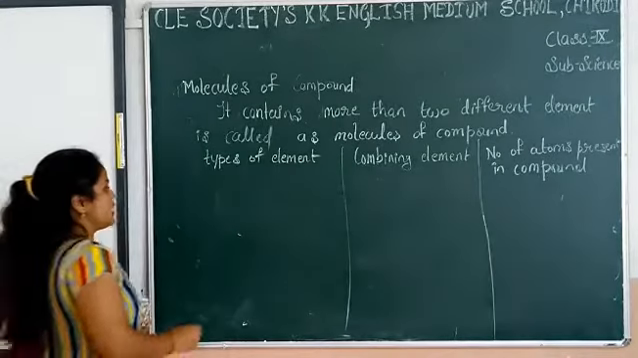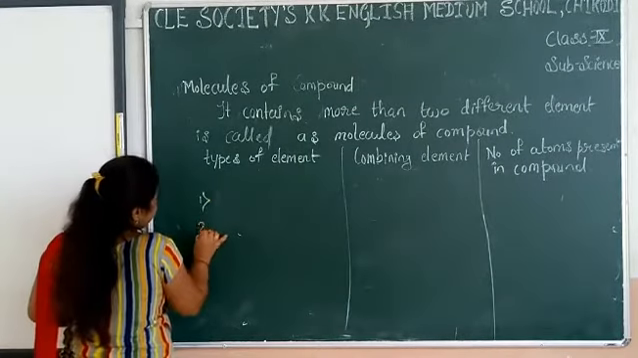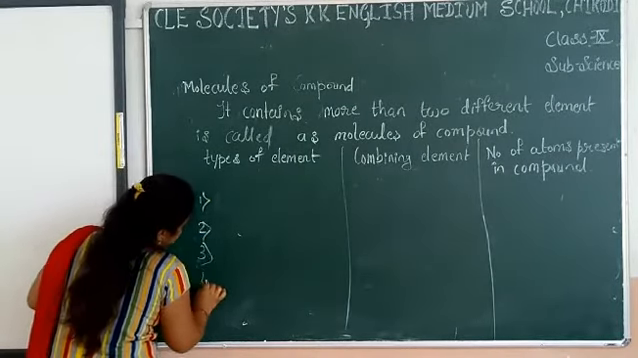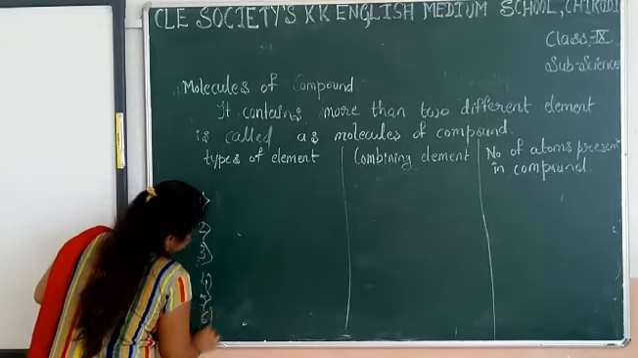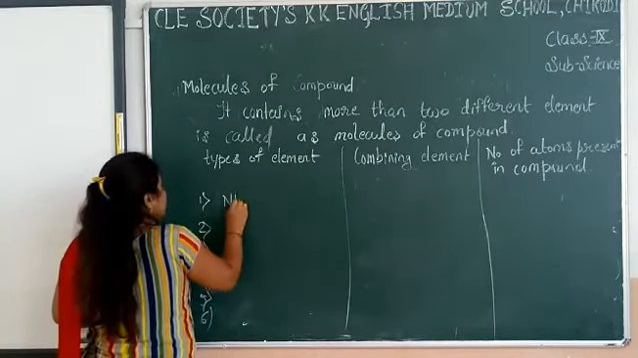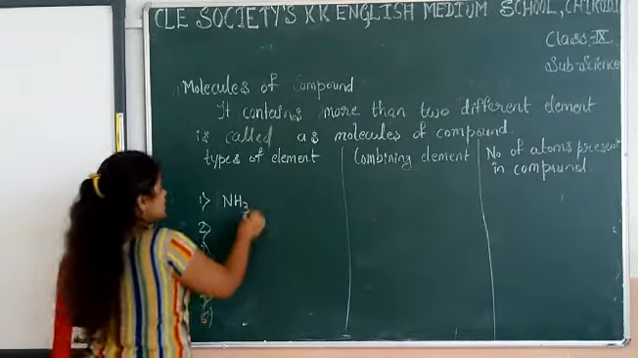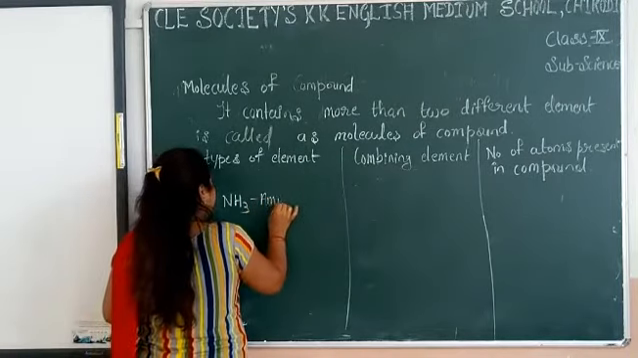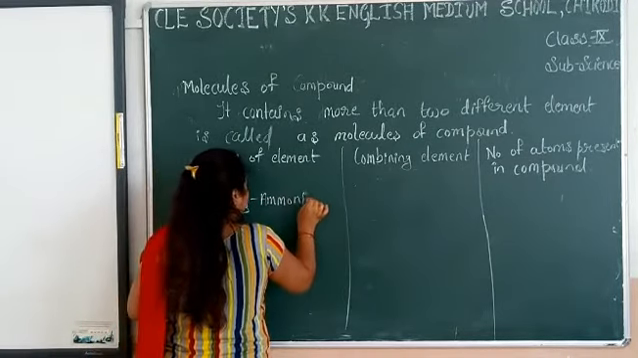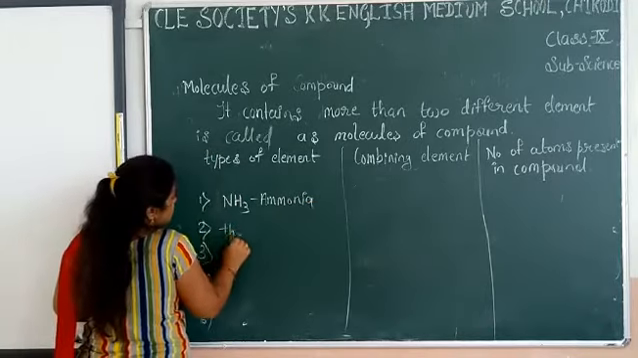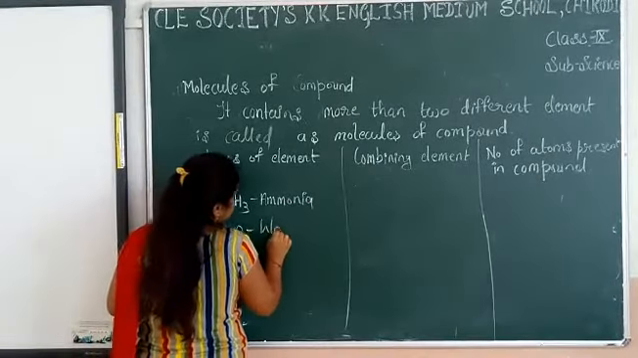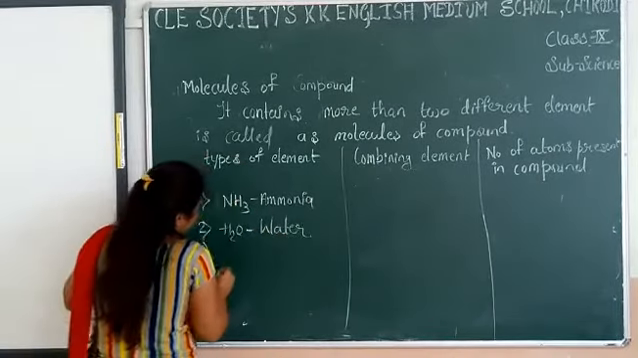So we are going to take some examples. NH3, it is ammonia. H2O, it is water. HCl,